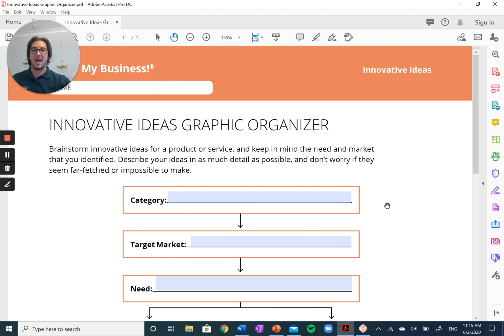So we obviously have a category, and students, the great thing about this document is that you can fill it in, you can save it multiple times, so you can actually create your very own sheet for a different category every single time. So let's start off with technology. Seems a little bit small in there. I apologize for the font. There we go. And then we have target market. Gosh, what do we want to focus on? We could really focus on big corporations,